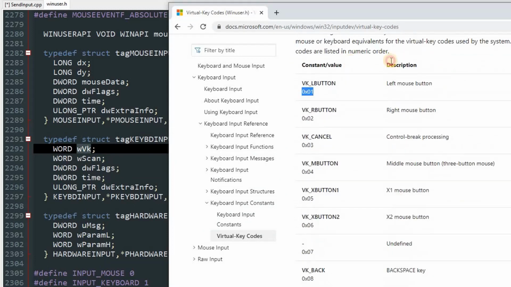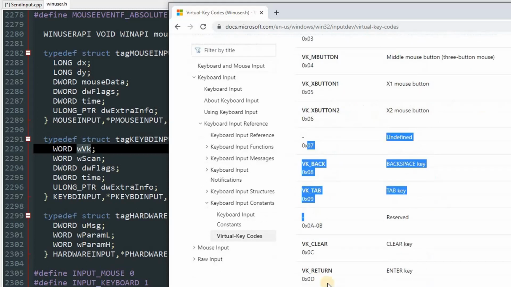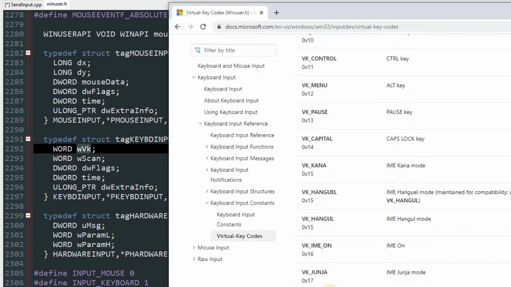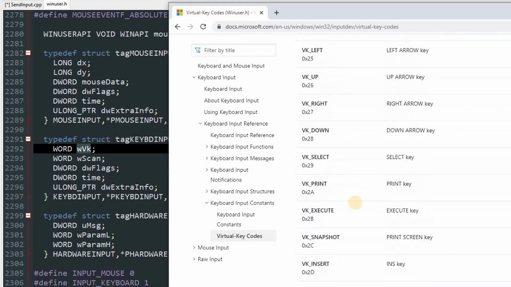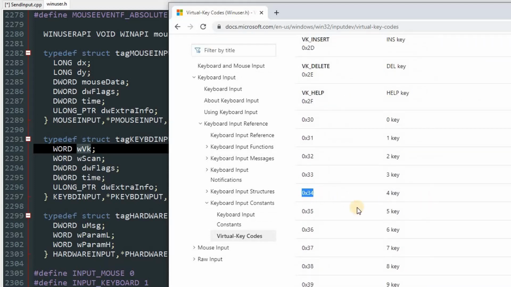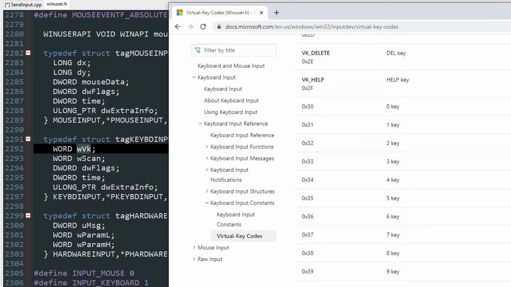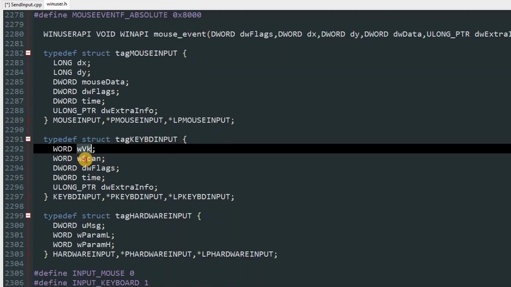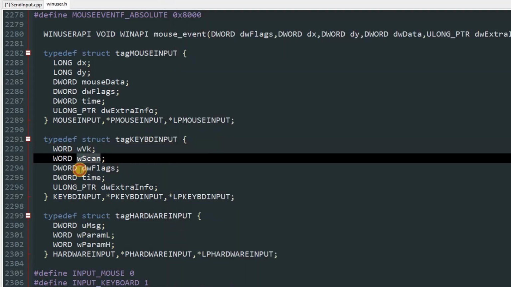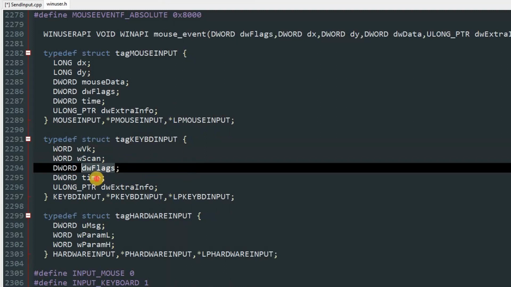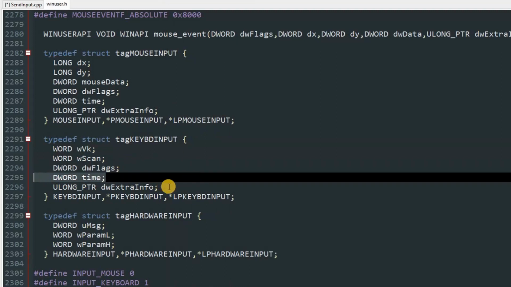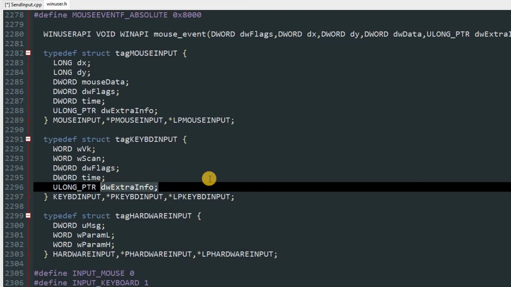So here you can see on the Microsoft website there are definitions and some are not defined. So the keys which are not defined, like numpad 4 or key 4, you can use the hex value like that, and some are undefined. So we will be copying some out of here, and you can also use scan code, and then we will give the flags. This time is useless basically, but it synthesizes the input. So yeah, that is there, and this is the extra info.